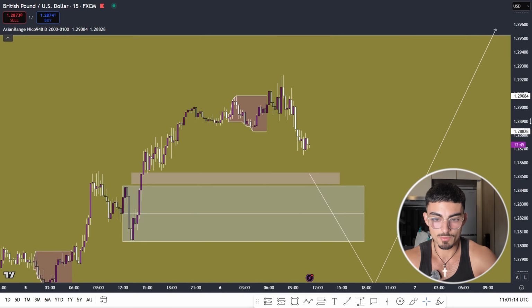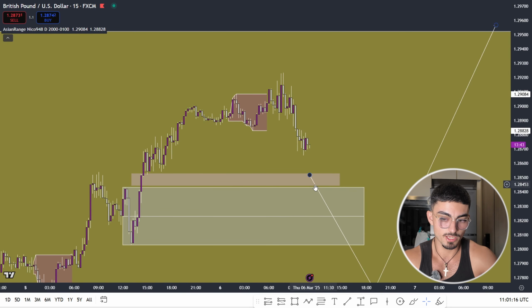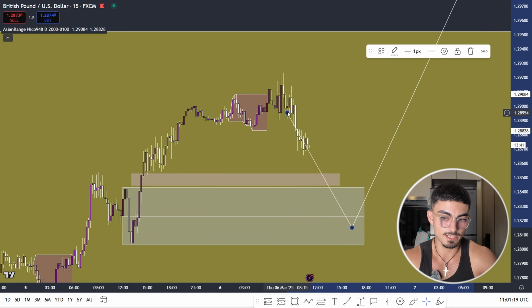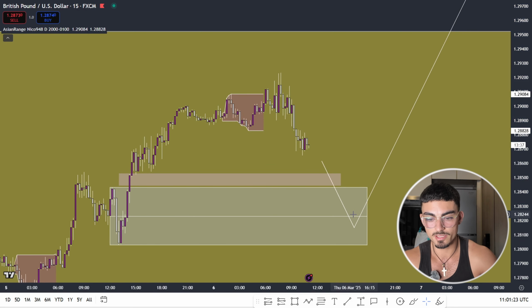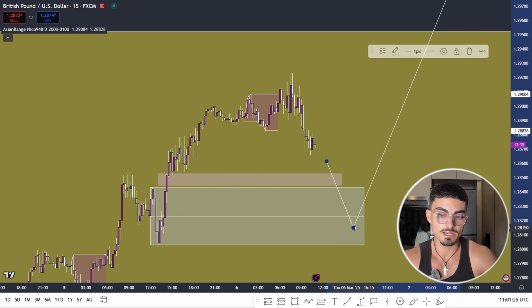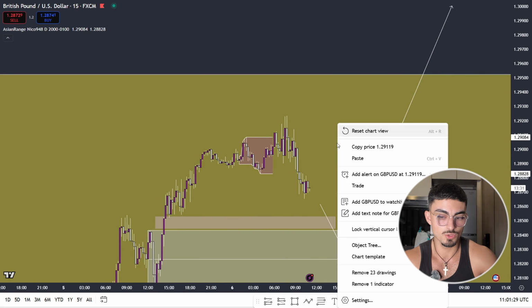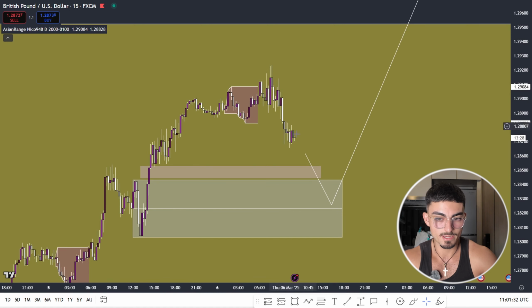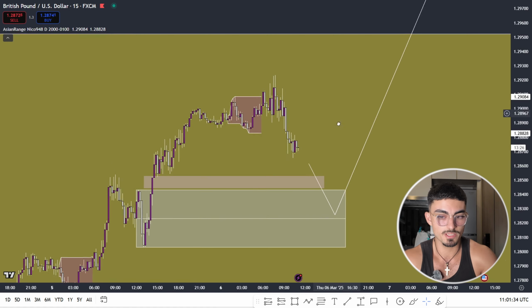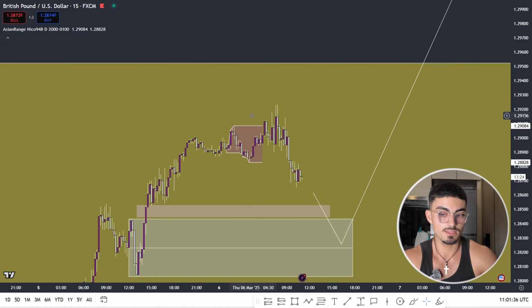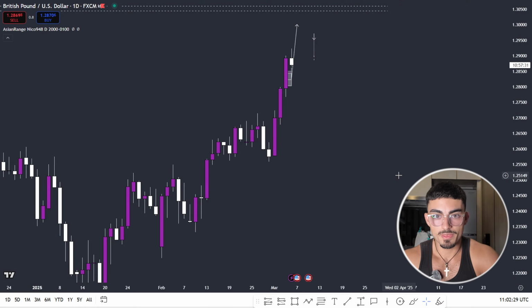But basically what I would do now is I would wait for this demand zone here, okay? Based on my hourly analysis, I drew out this demand zone down here and I would see, okay, maybe if we come into this, I might look to take a trade and continue the move higher. However, like I said, there's a good chance it's not going to be respected because a pullback is likely to happen on a Thursday or a Friday, especially after seeing this much buying volume. So that's the analysis done if we're in a clear uptrend.